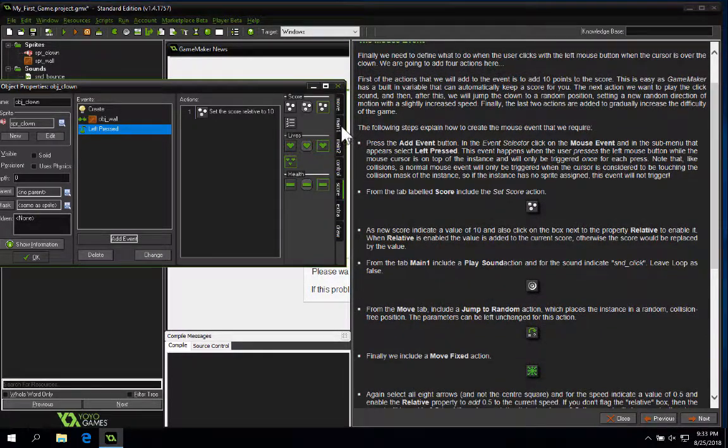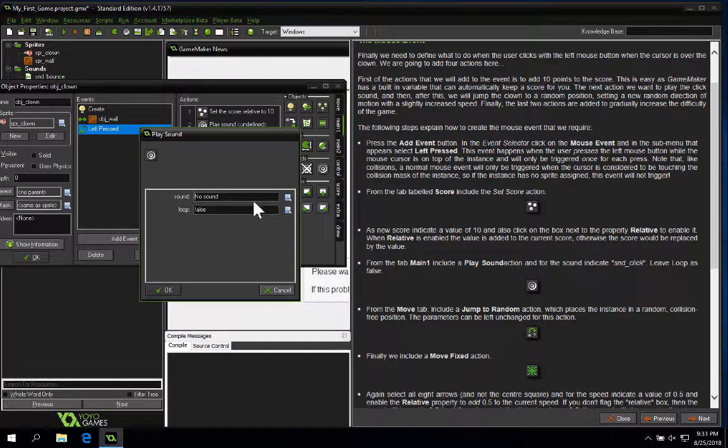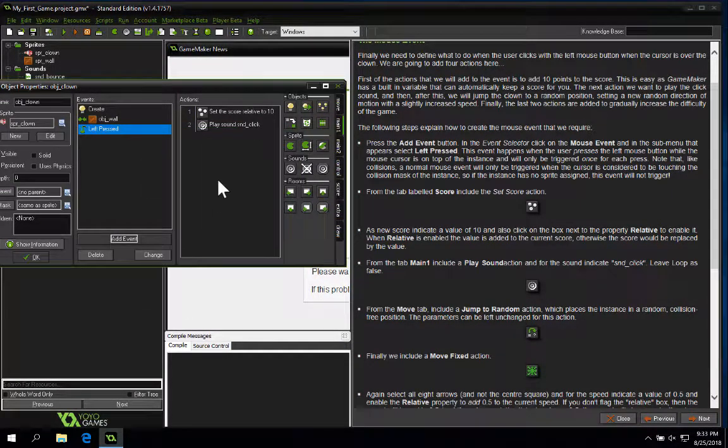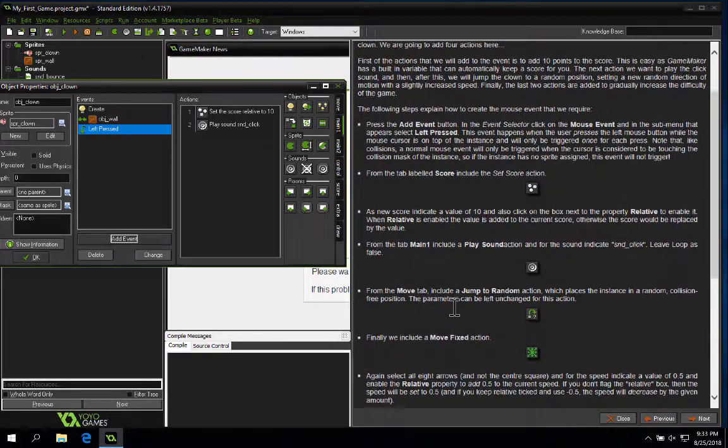We're going to go back to the main 1 tab, and we're going to drag and drop play sound again. And this time we're going to play the sound click, and then OK that, so that when we click, it plays a click sound. And then the next thing that we need to do is from the move tab, we're going to drag and drop the jump to random,